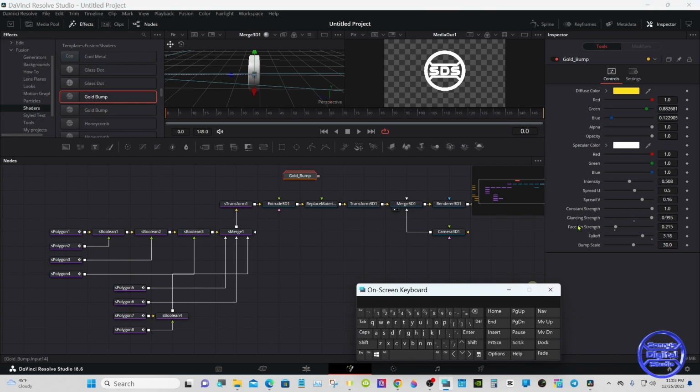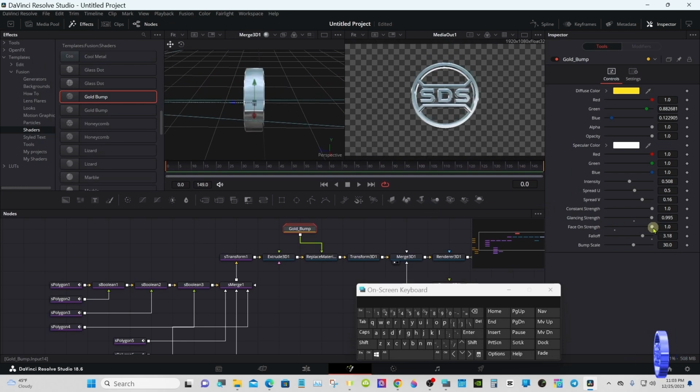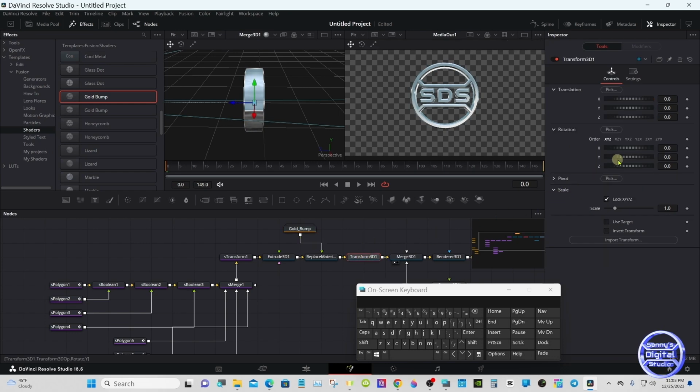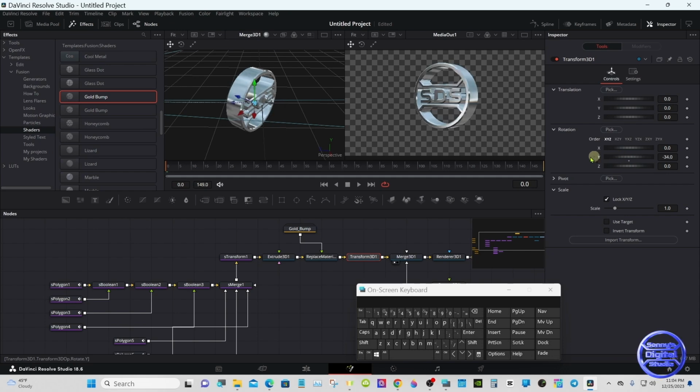And come over to the inspector. Take the face on strength all the way up to the right. Let's connect that node into the replace material. And now you can see why you have to have the face on strength all the way to the right. Now that looks exactly like Chrome. Much better Chrome than what Resolve has. But if you want to make it any color, in shiny colors,